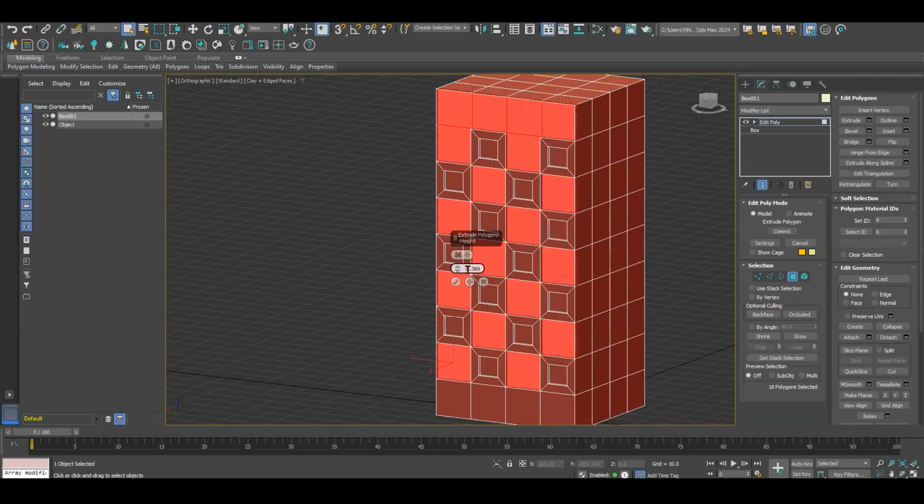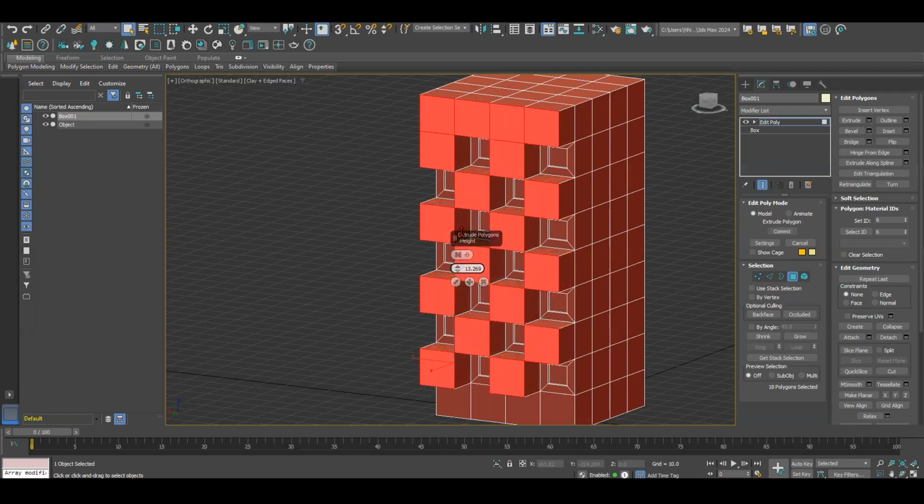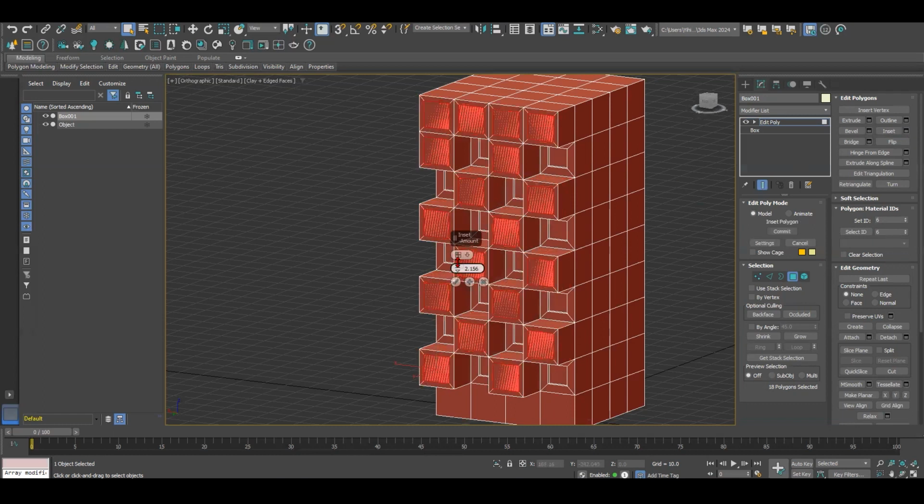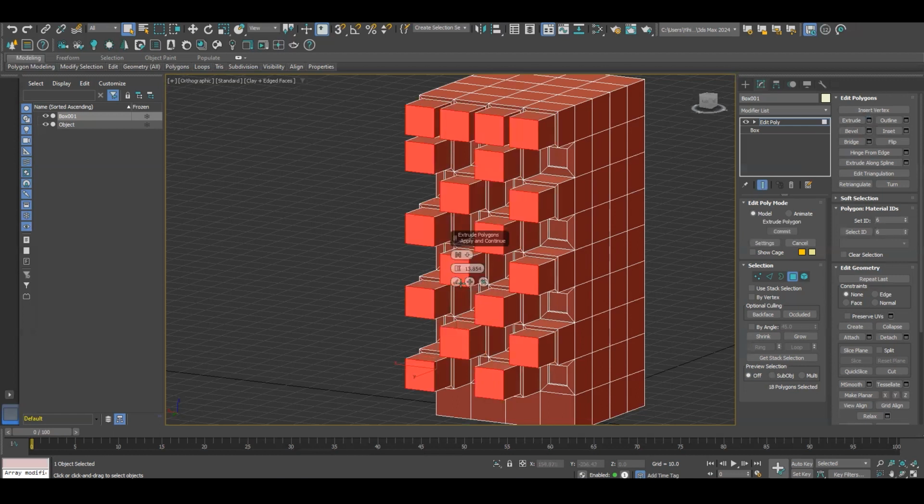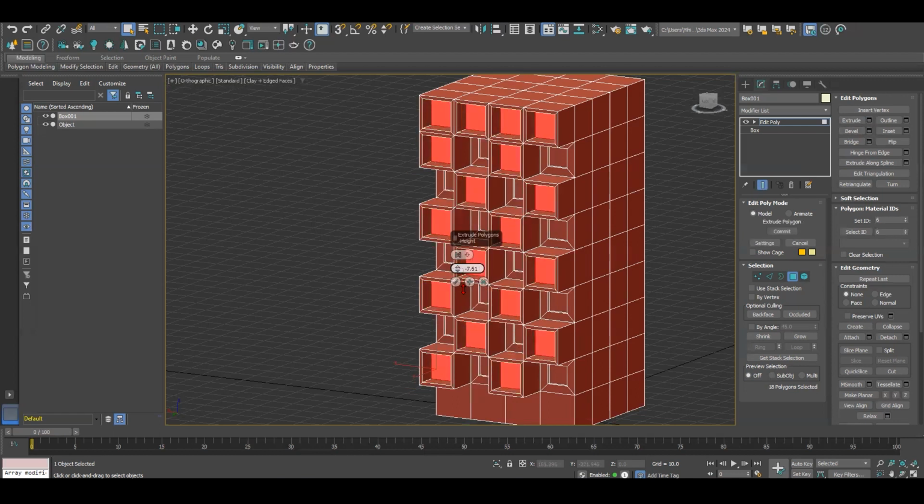Do extrusion to the front. Just add this, and then we can do another inset, add a separation, and do another extrusion. This time it's inside.